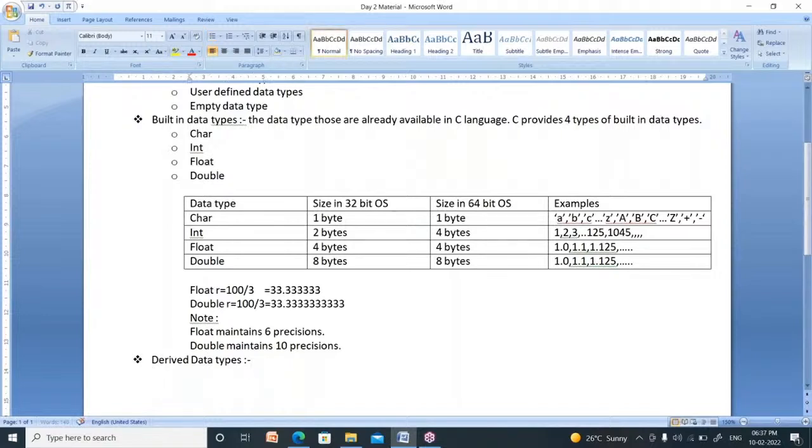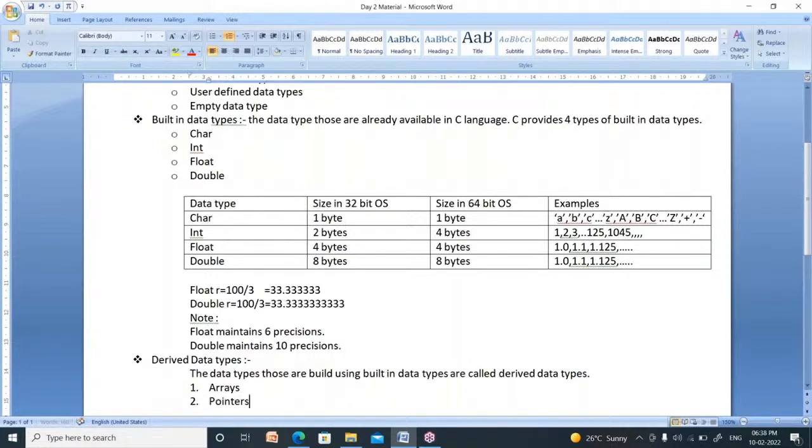The data types built using built-in data types are called derived data types. There are two types of derived data types. One is arrays, second one is pointers.